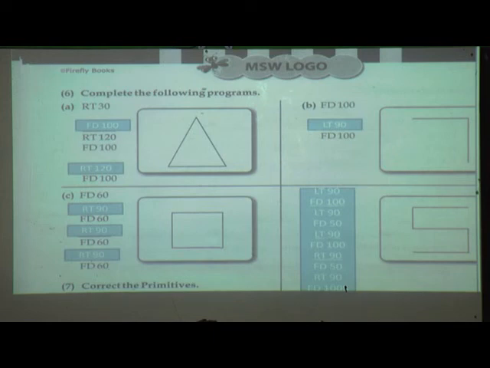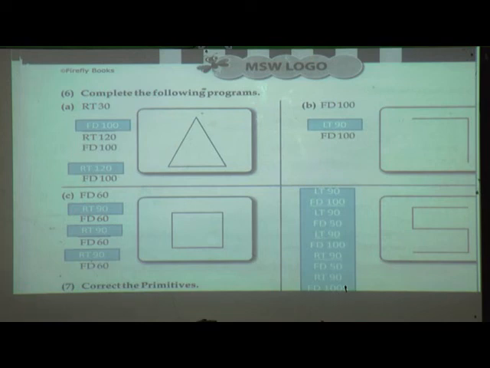Then the third one: FD 60, RT 90, FD 60, RT 90, FD 60, RT 90, FD 60.